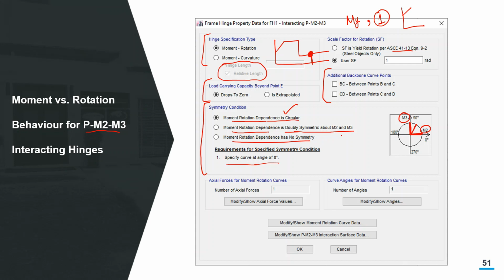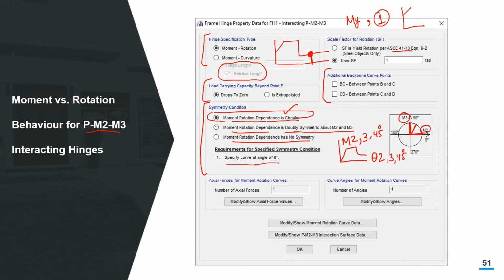So I repeat again that you have to define a moment rotation curve, M theta curve. Now this curve, this M and the corresponding theta, can either be M2, theta 2, or M3, theta 3, or any angle or corresponding deformation in that angle. If you go for the first option, you just need to define one M theta curve, and the same curve will be used for all the angles. So the same will be used for M2 theta 2, for M3 theta 3, and for any angle, for example 45 degree. The same curve will be used for all the angles.